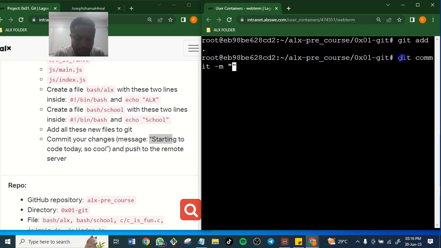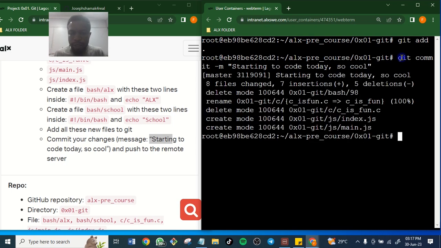So: Starting to code today, put your comma, so cool. So cool. Good. So let us enter. Good. So let us now git push.